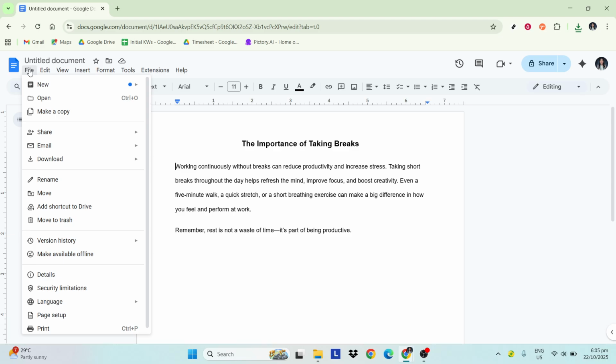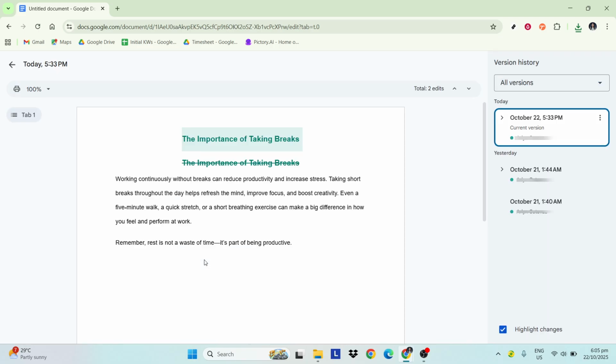In the drop-down menu, hover your cursor over Version History. This action will reveal another submenu. In this submenu, you'll find a choice labeled See Version History. Go ahead and click on that. Doing this will open up a panel on the right side of your screen showing all the saved versions of